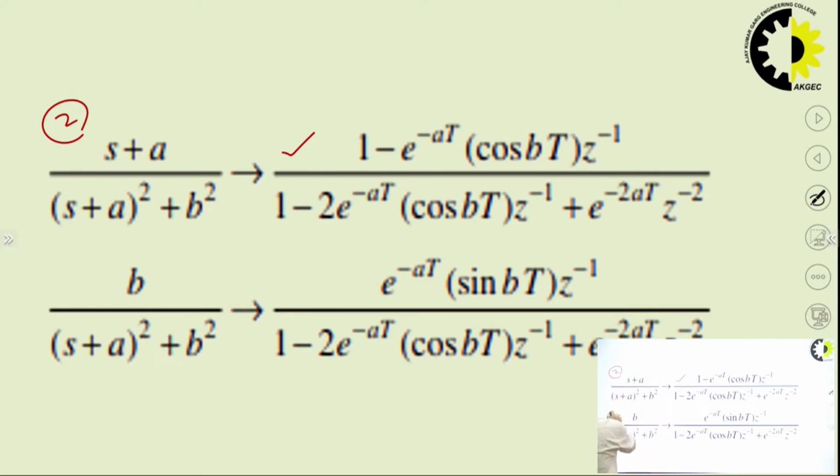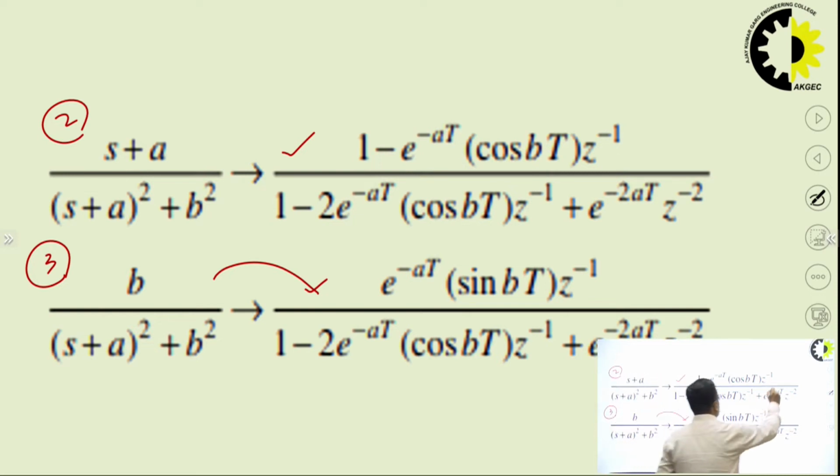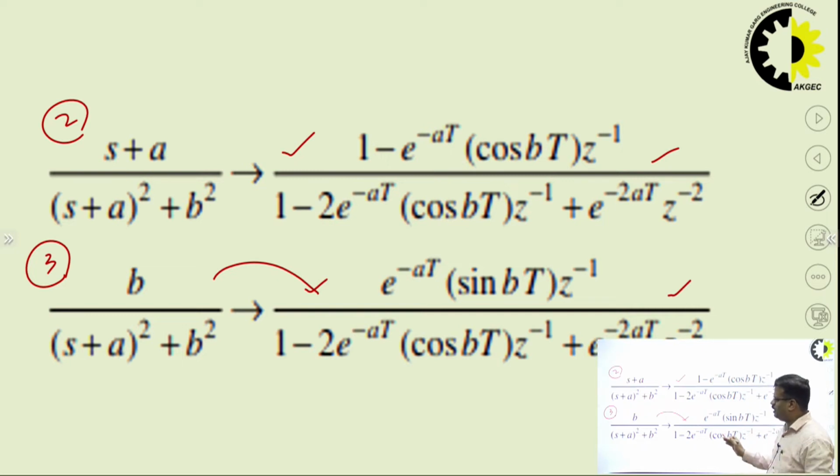In third, B upon S plus A whole square plus B square will be mapped into this formula. This is in cosine term, okay, and this is in sine term. If you see these formulas, very common terms are there, and you can remember these formulas easily. So, in this way these 3 basic formulas are there